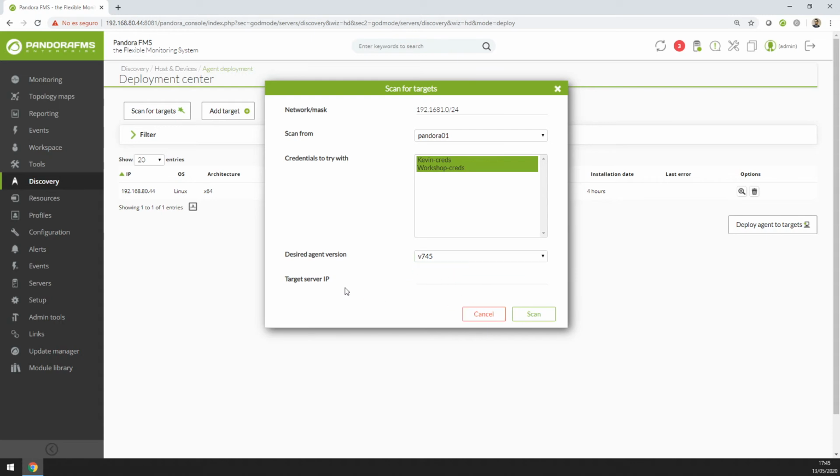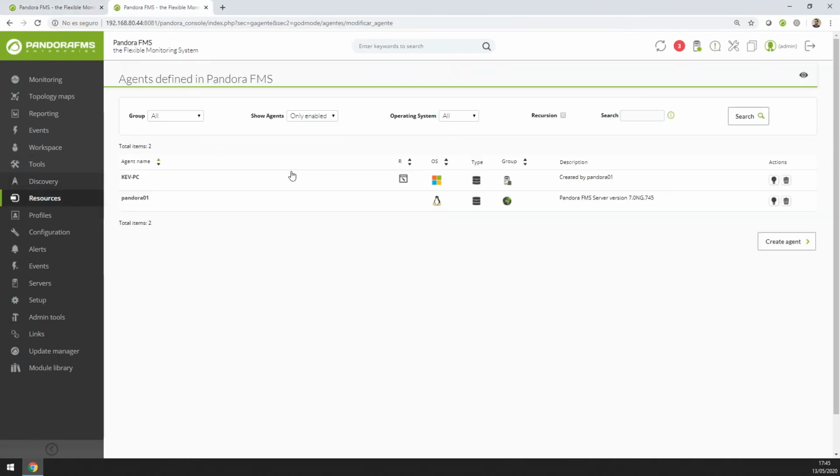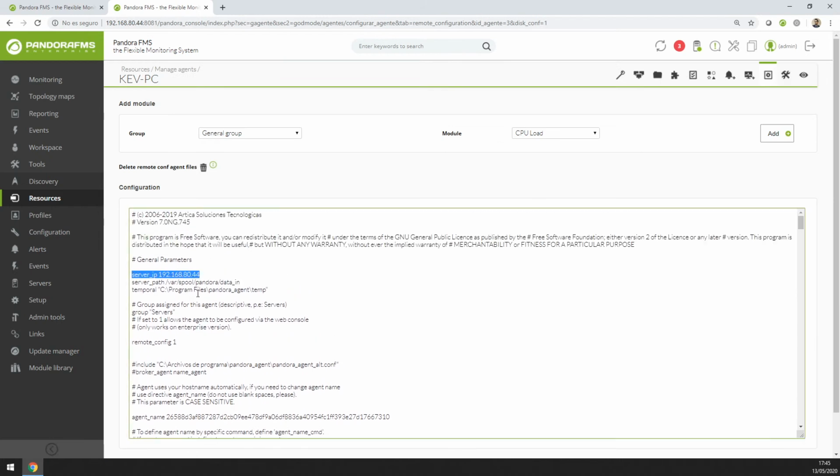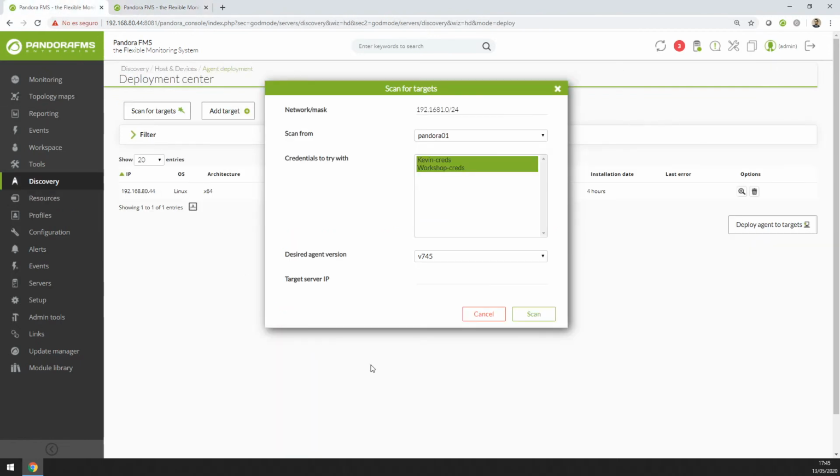And the target server IP. This is the parameter that we were seeing before in the configuration file of the agent. If I go back, this is the equivalent to this token here, server IP. So if we are looking to install this agent so that it sends the information directly to this Pandora server, we need to put the IP address of this server here,